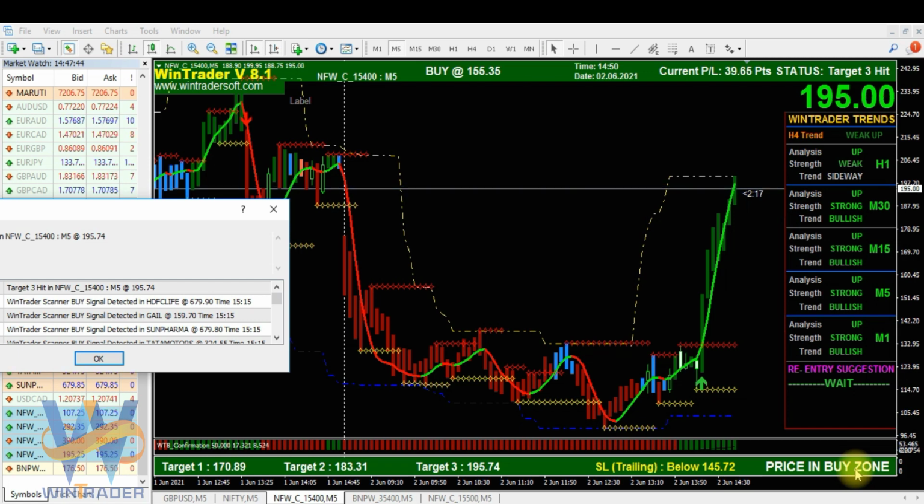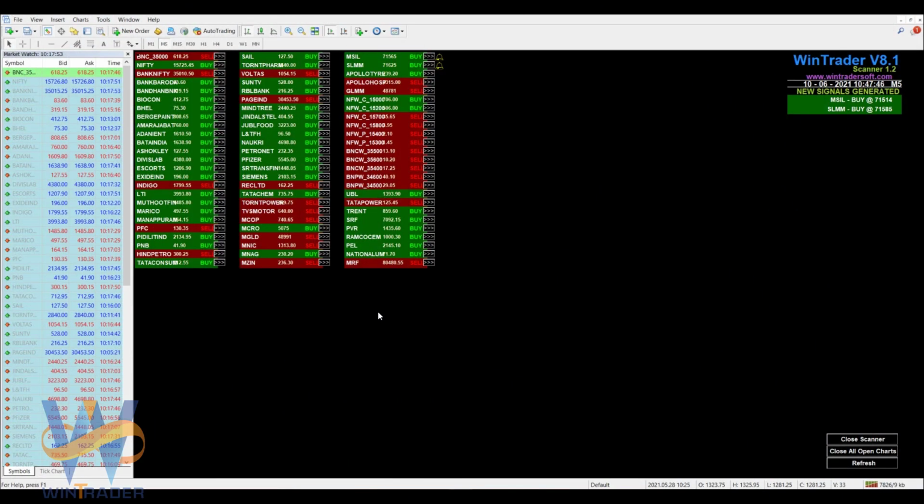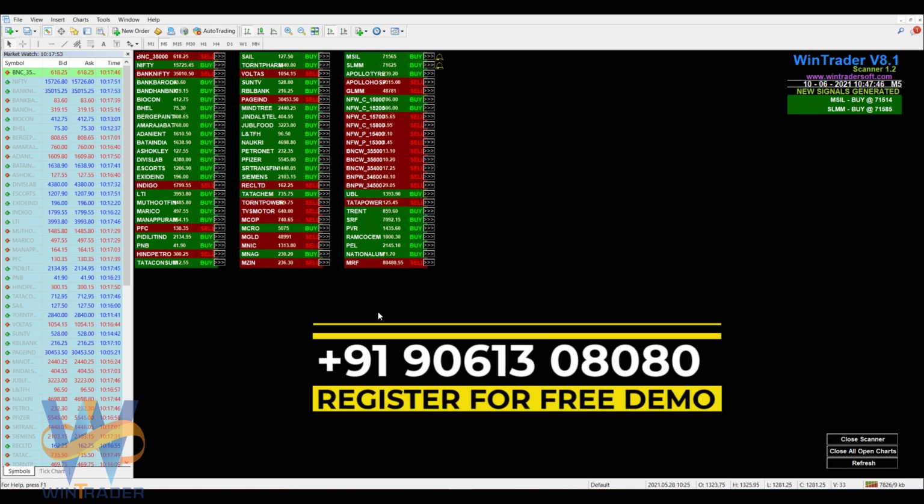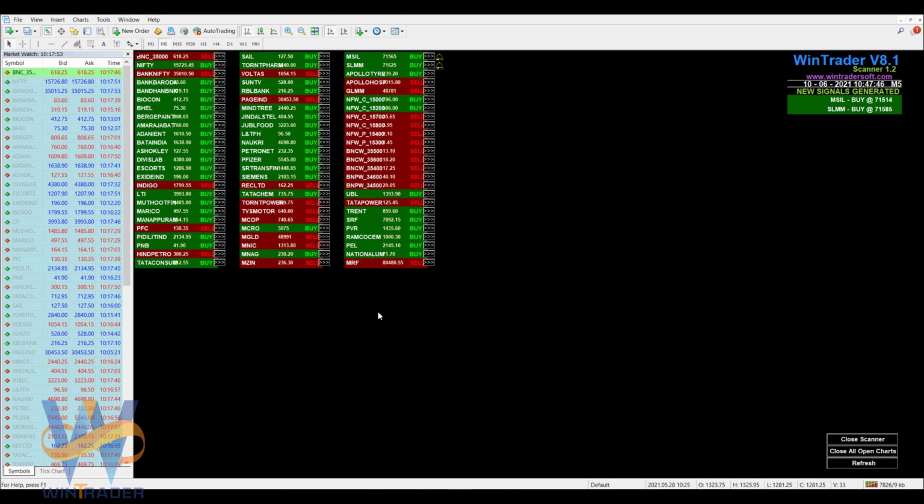So it's always working like this, and we have a scanner facility. The scanner will scan and pick the proper stock names which are in buy mode, where a buy signal or sell signal is generated. The scanner will support you. No need to check all the charts. Just open the scanner and keep watching, and the scanner will automatically scan and give you alerts if any buy or sell signal is detected from the watch list. So these are the brief things.